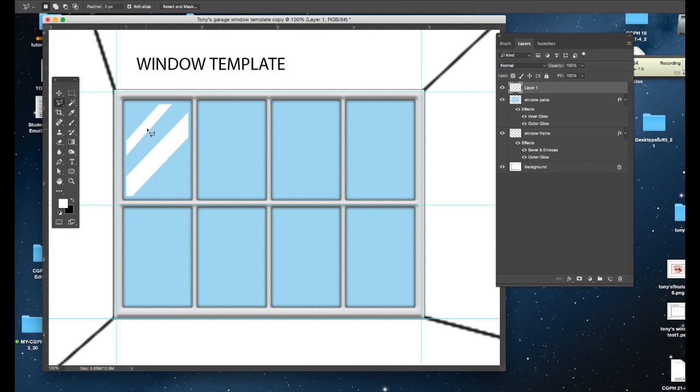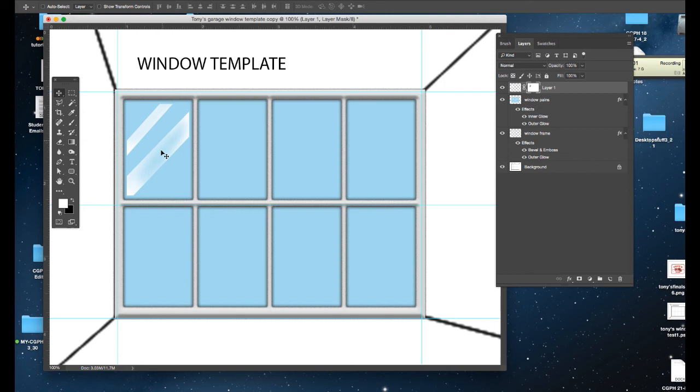Now that I've got the white where I want it on one panel, I'm going to put a layer mask on, and I'm going to get a soft edge brush, and I'm going to drop the opacity to about 50%. And now I'm going to go in and start to hide some of this. Something like this will be perfectly fine. Once I've defined one reflection the way I want, I'm going to apply the layer mask,